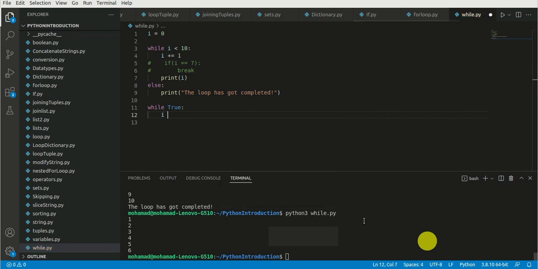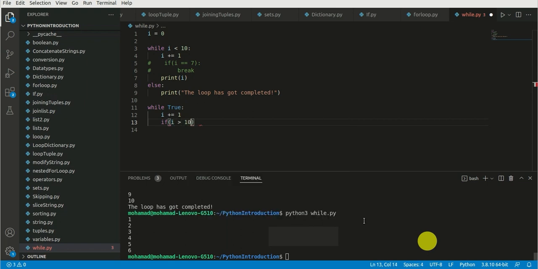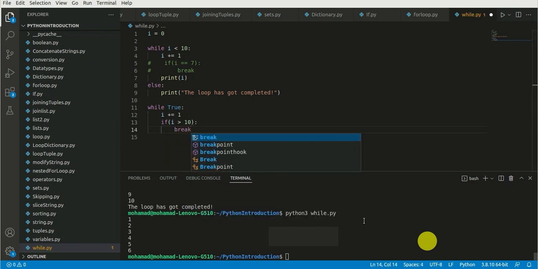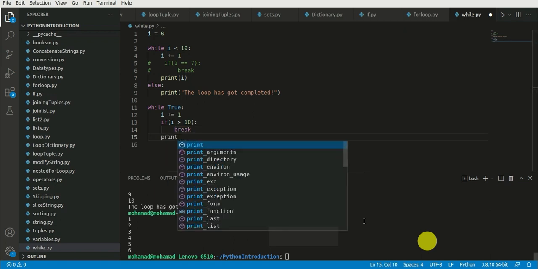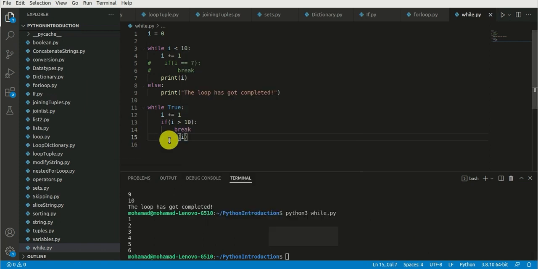We're going to increment I by I plus equal 1, and then we're going to check whether I is more than 10. So if I is greater than 10, we're going to break outside of the loop. Also, we're going to print out the I itself, print I. And then we're going to